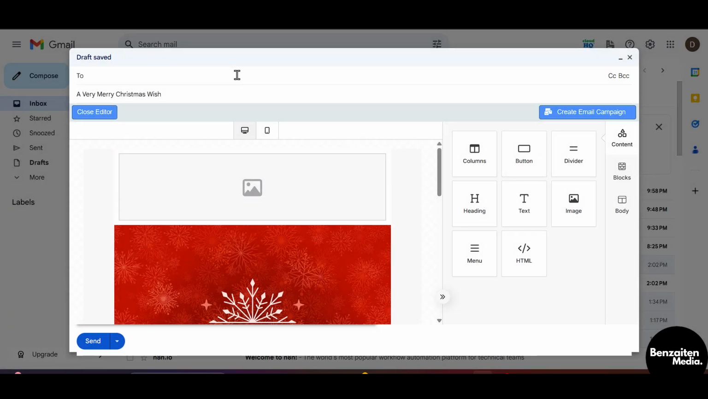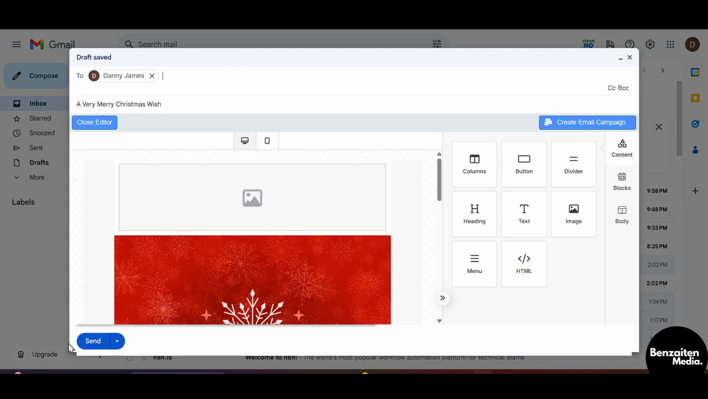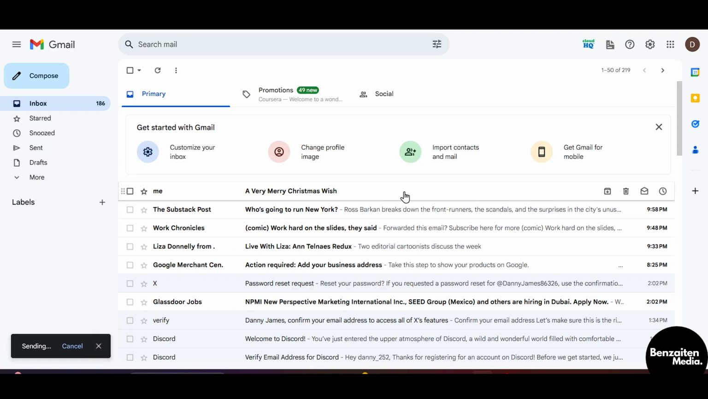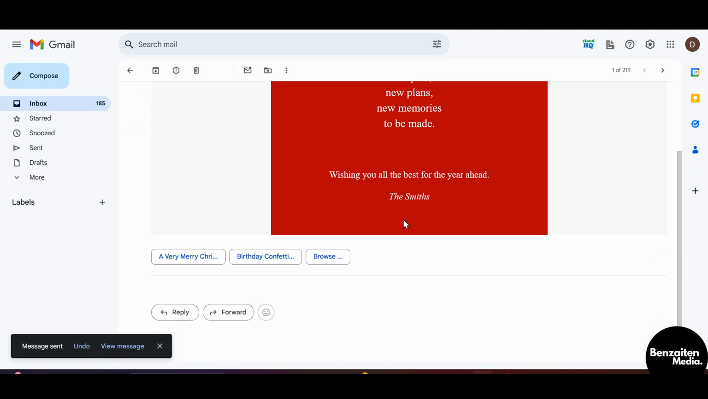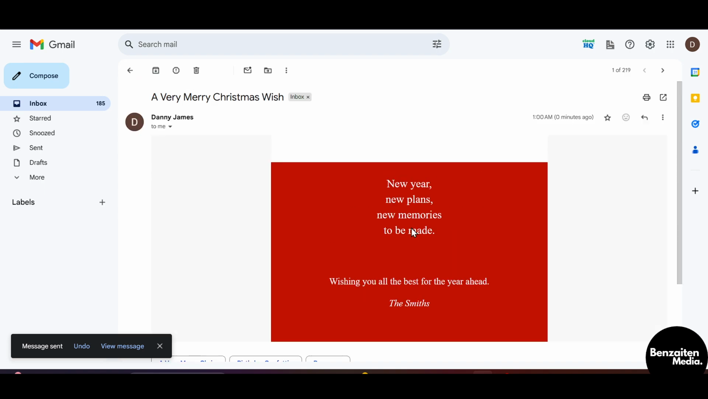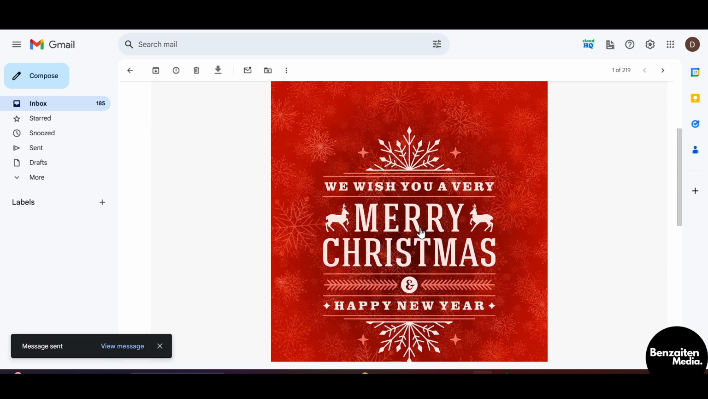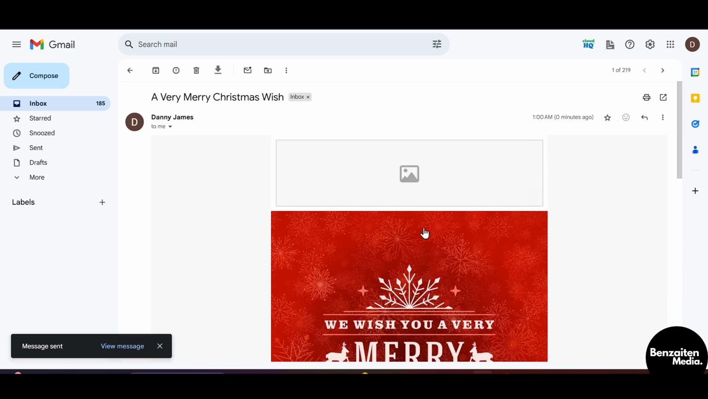I'll just specify whom I want to send it to. Okay, I'll just simply click on send. And as you can see, the Merry Christmas wish has been shared to my email with the same template that I have chosen. So this is how you can add